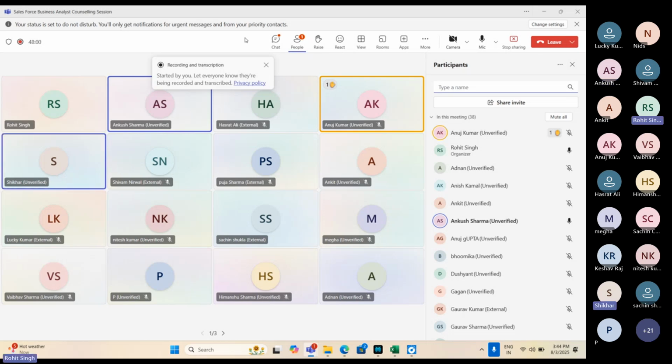ठीक है। हाँ जी, यस अनुज भाई। Rohit, so you said there are not many profiles in the market for business analysts, right? And business analyst, almost like, it's very old. नहीं नहीं, आई सेड सेल्स फोर्स बिजनेस एनालिस्ट की ज्यादा प्रोफाइल अभी नहीं है। ज्यादा कैंडिडेट्स नहीं है।